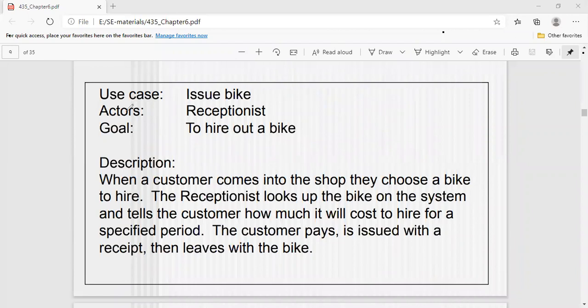If we want to develop a use case for issue of bike, that is one of the modules related to a bike showroom, right? So what are the actors involved in this use case? The first actor may be a receptionist. And what is the goal of issuing a bike from a particular workshop? That is to hire out a bike,